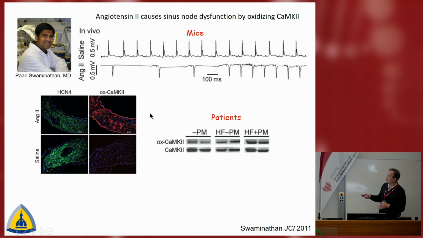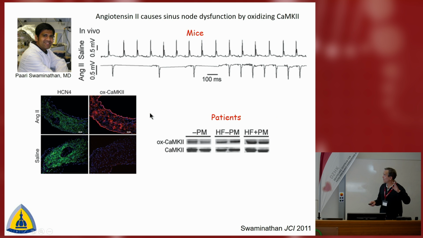And in patients in a model of canine heart failure, we found something similar. So this is total CamKII, this oxidized CamKII from patients where hearts that didn't require a pacemaker, patients with heart failure that didn't require a pacemaker, and patients with heart failure who did require a pacemaker, suggesting that CamKII might be important for the physiology of